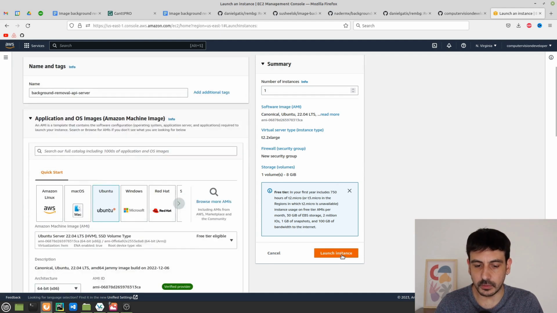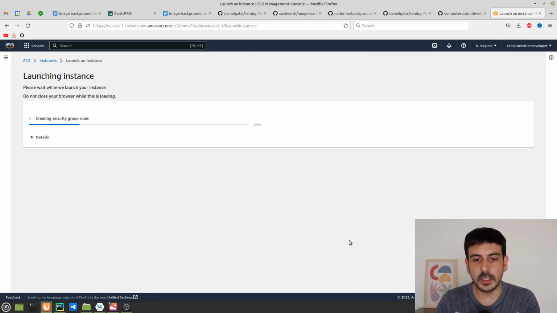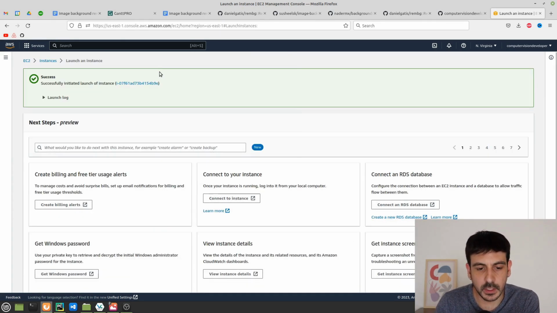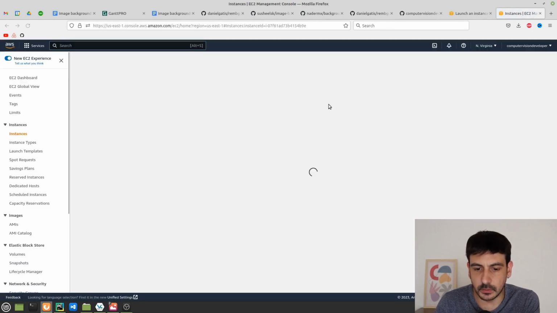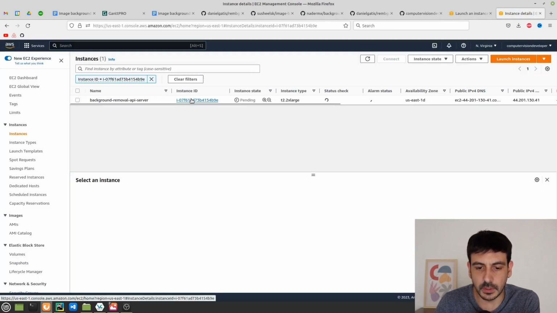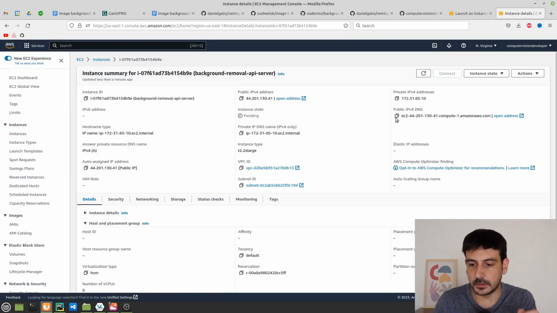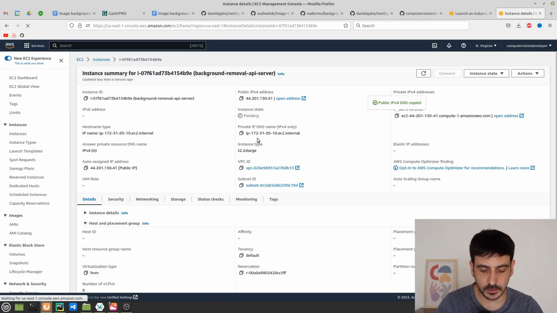So I am going to launch my instance, and then let's see how we can set up this API into this instance. Let's SSH into this instance. So I'm going to go here, and then I'm going to copy the instance IP,